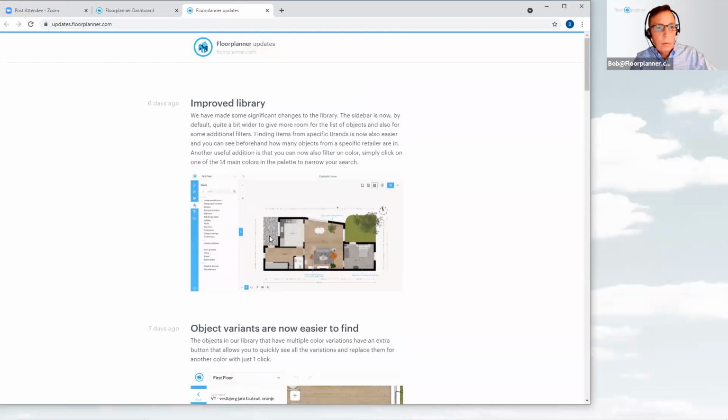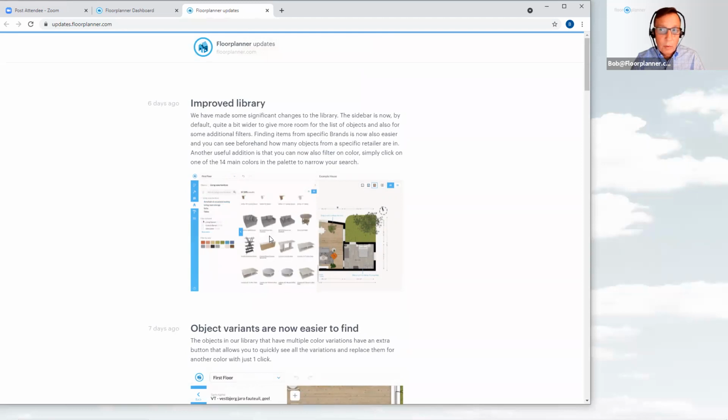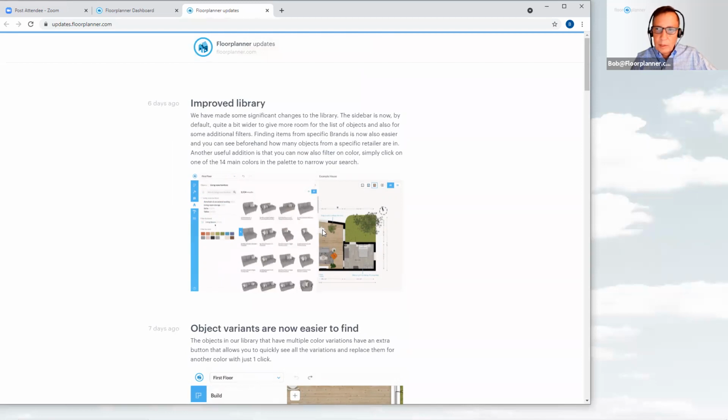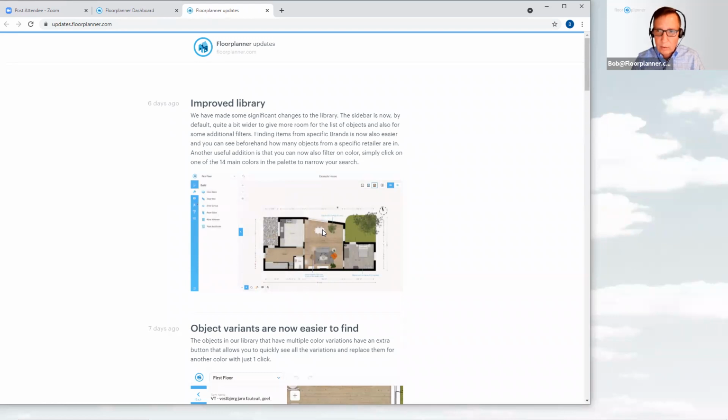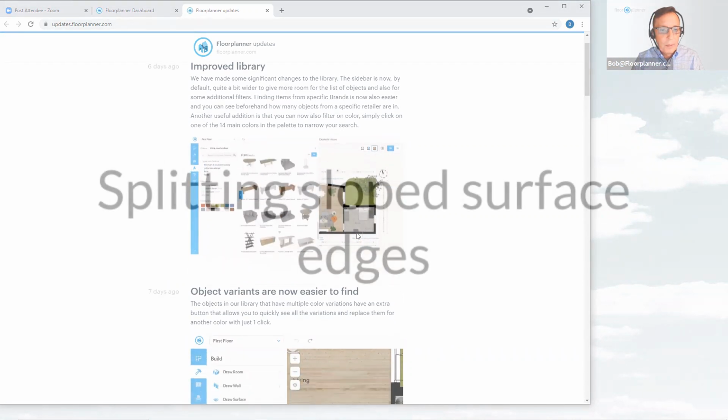And then we're going to end talking about the improved library. The search engine for the library, the over 150,000 assets that are the Floor Planner assets that are in the library. Plus, as Floor Planner has been expanding during the past year, working with different retailers, design studios, even vendors have been coming on board with Floor Planner, and those are available to you. And I'll show you how to go ahead and seek those out. These are, again, above and beyond even the 150,000 assets that are in the general Floor Planner library. So let's